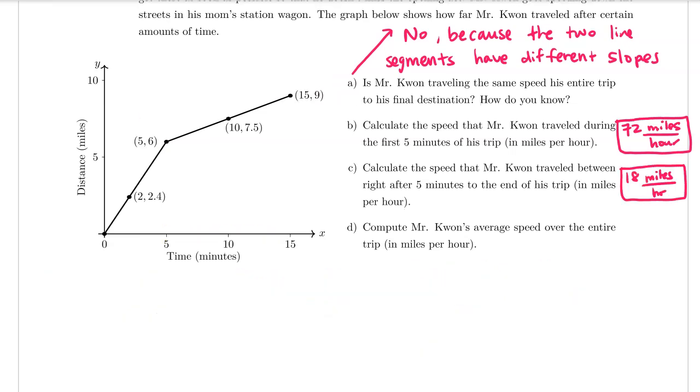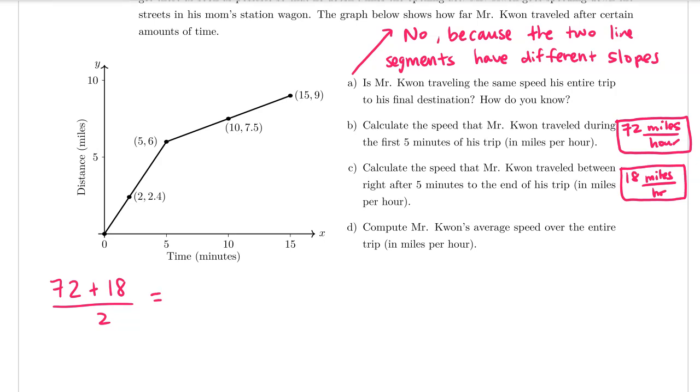Part D says compute Mr. Kwan's average speed over the entire trip in miles per hour. Now, a lot of times when I ask my students to do this question, they will take their answers from part B and part C and just take the average of those two numbers. If you were about to do that, take a moment to pause the video and think about why that is not the correct answer. So again, if I added 72 plus 18 and then divided by 2, that would be